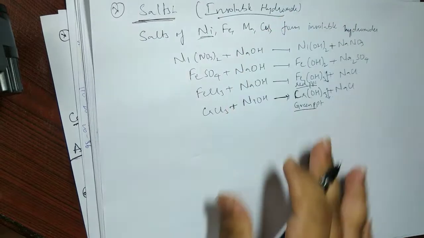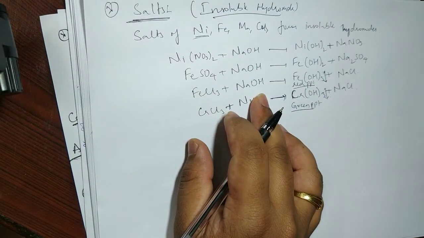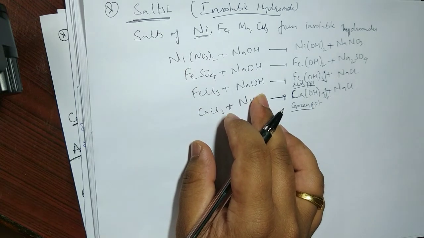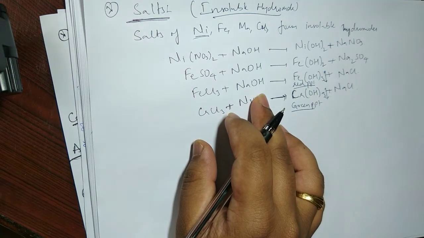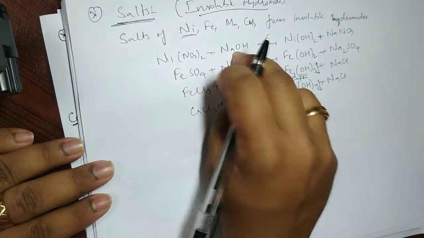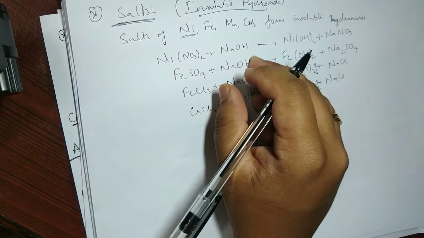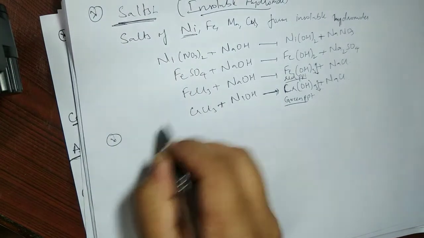Now let's talk about the soluble hydroxides. Soluble hydroxides means whatever hydroxides are formed, they react with NaOH, and if taken in excess amounts, they dissolve. Let me write with zinc, heading as